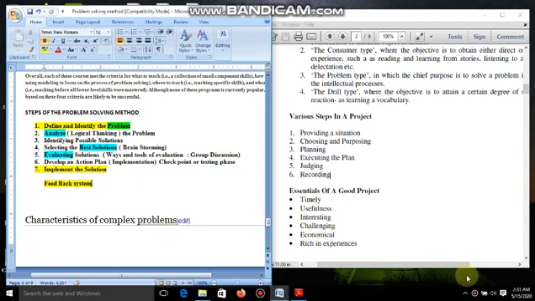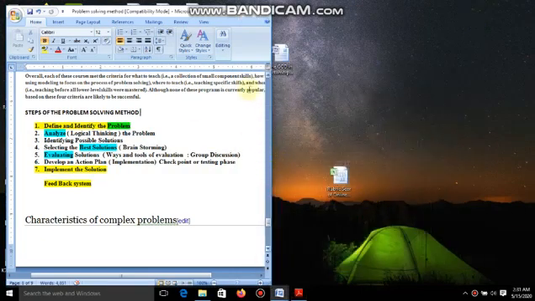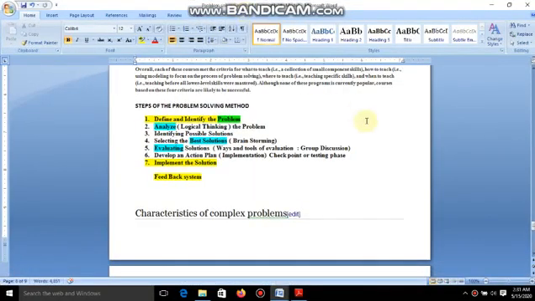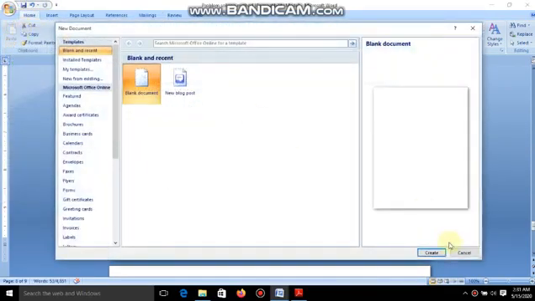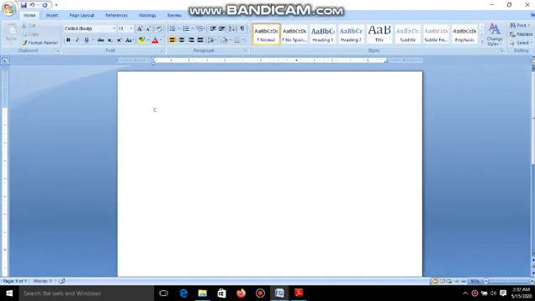So let's sum up this particular episode. We have lots of things to be discussed, particularly in this problem solving method. Again, I will come back someday to the project method. To understand this particular problem solving method, we need to really understand two or three things, like the cognitive process,